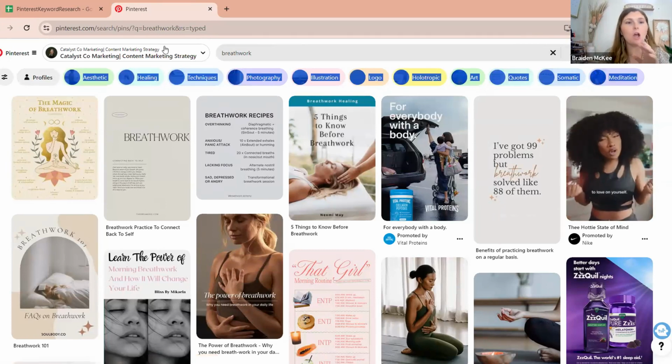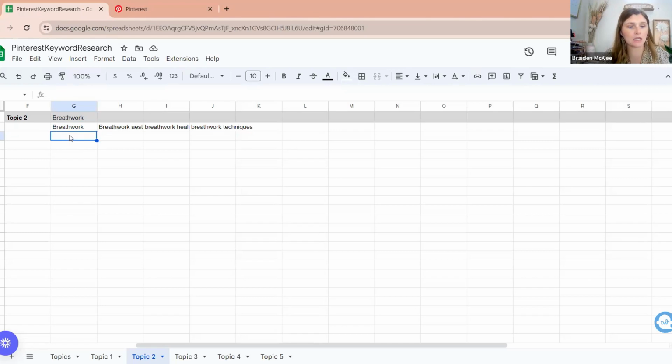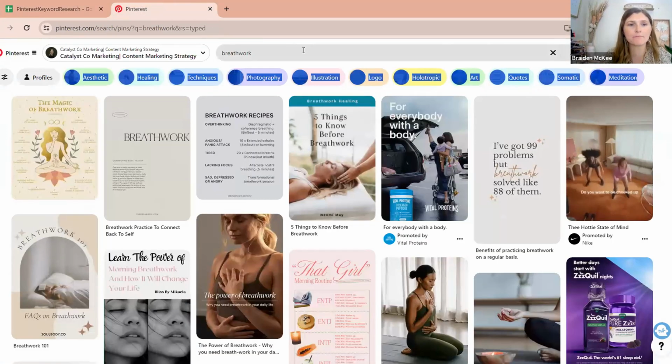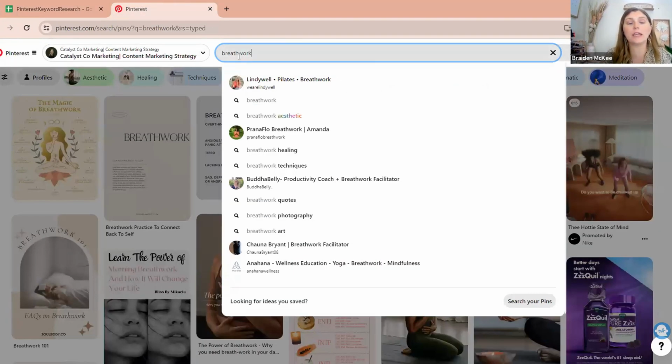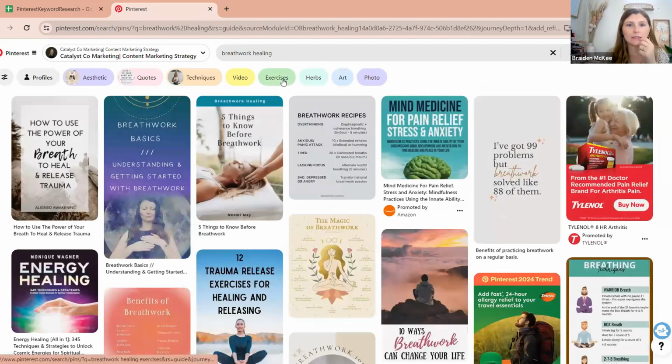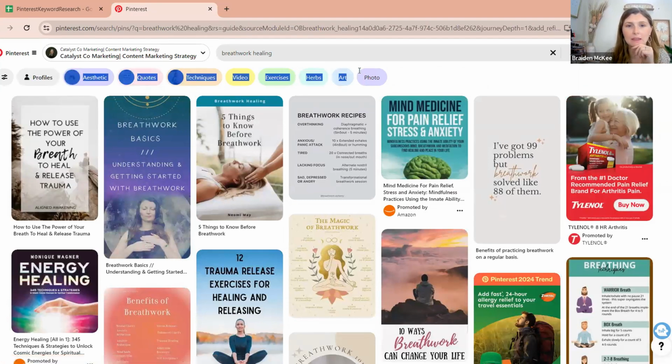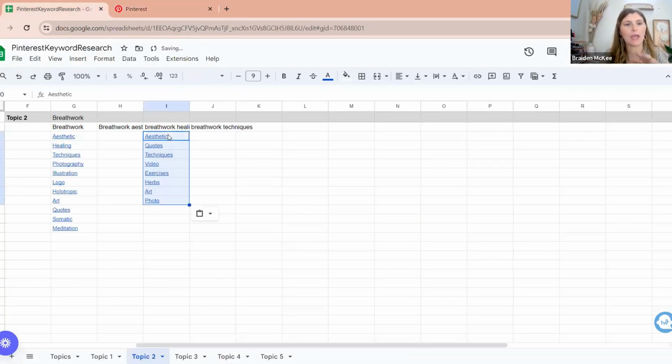Here we go. I'm going to copy these. Now let me go to breathwork healing because I want to see. We see breathwork healing is also here. So let's see what we find. Here again, profiles. I'm going to copy and paste this and put that here. So we know that if you are a breathwork coach, and that's one of the main topics that you talk about,